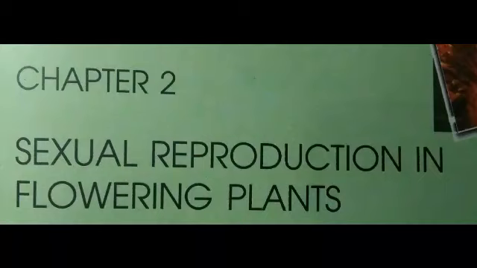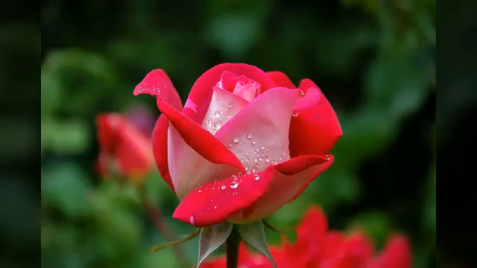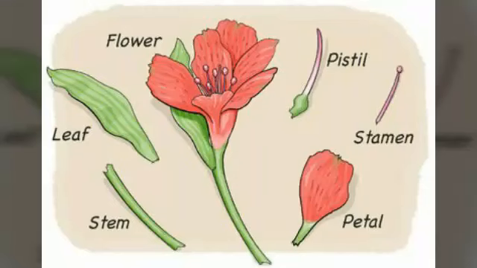In this chapter we will learn about the parts of a flower and their gametes, how gametes fuse together, and the formation of the zygote and the development of the seed. So this chapter is very complicated compared to the first chapter. So this chapter is divided into two parts. The first half we will cover this week, and the second half we will cover next week.